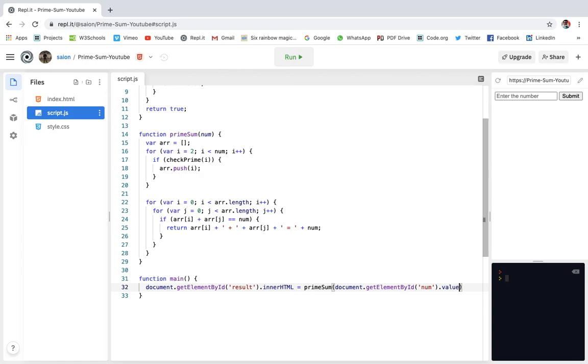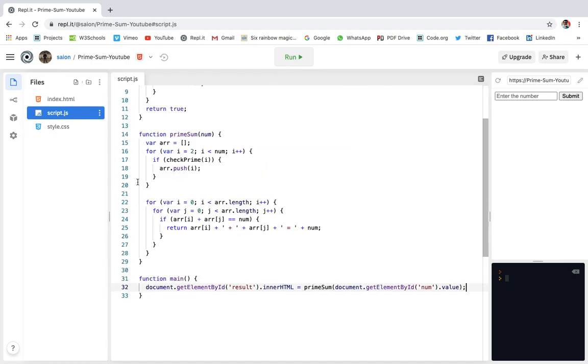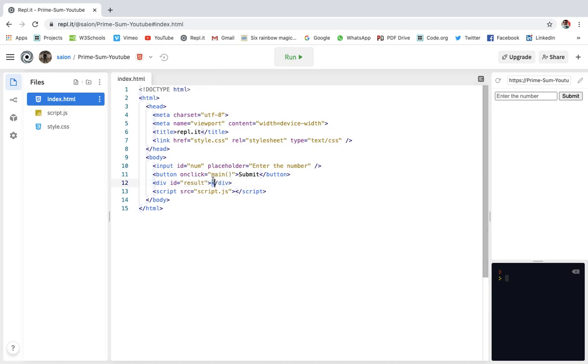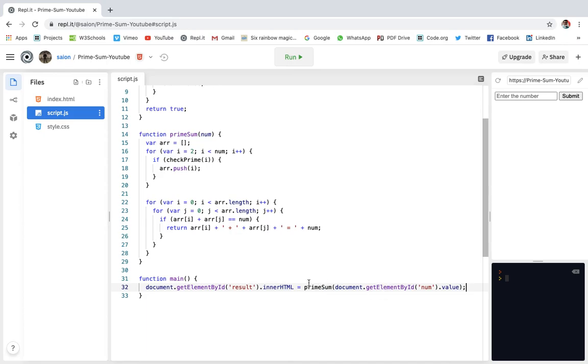So let's see, we have just made it, we have done the whole thing. But let me explain what we are doing in this line. So I'll do document.getElementById result. So I will bring this result div dot innerHTML. So innerHTML, like we put here something gibberish last time and it printed that. So innerHTML will put here what we give it. So equals to prime sum. It will put that prime sum thingy, whatever we give here.